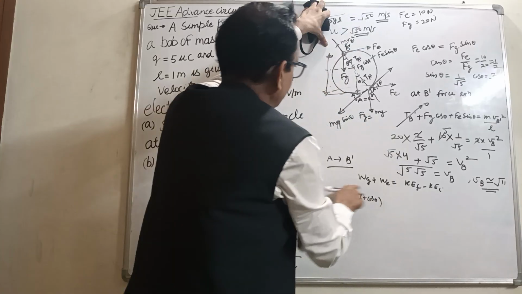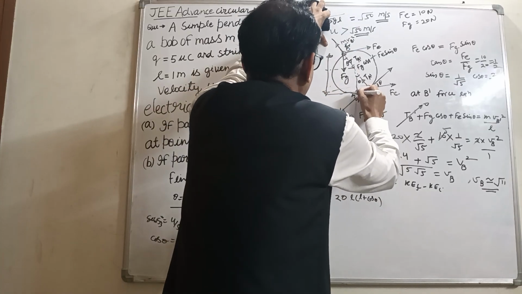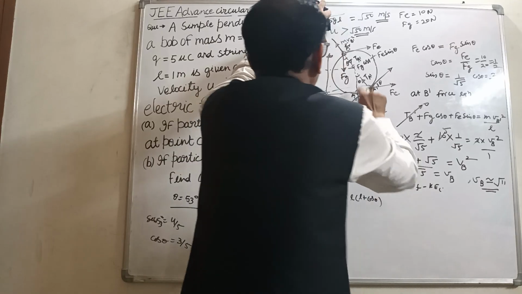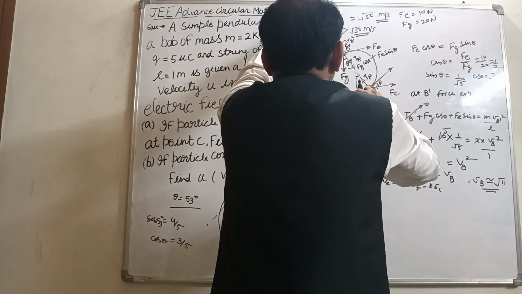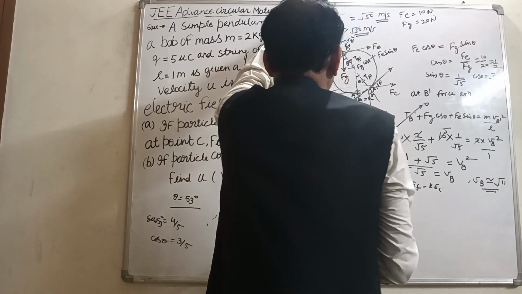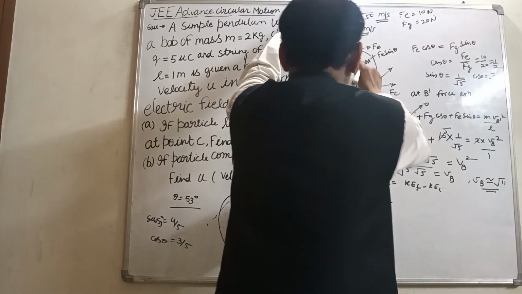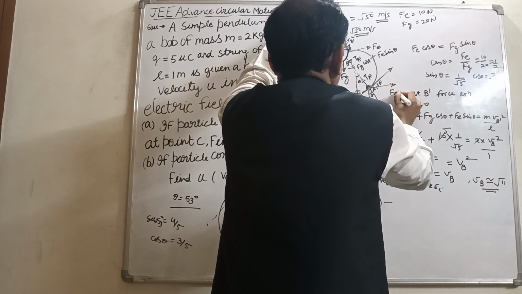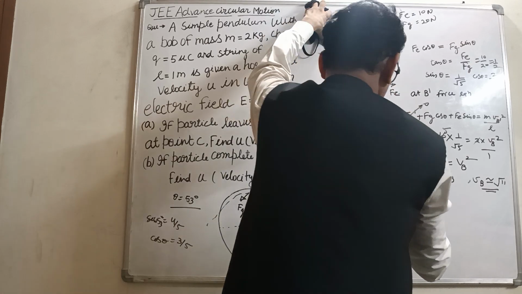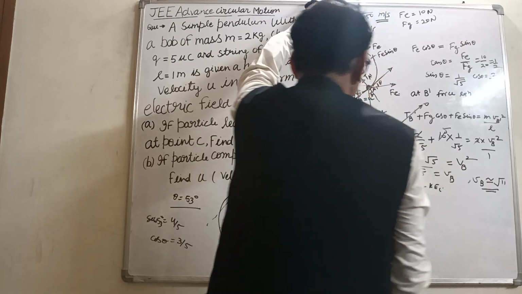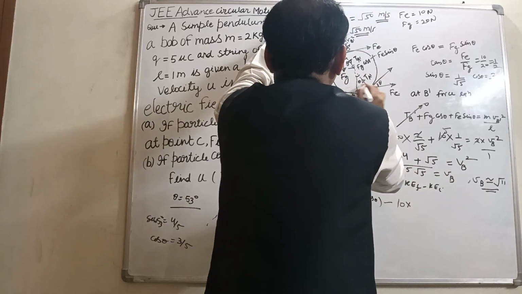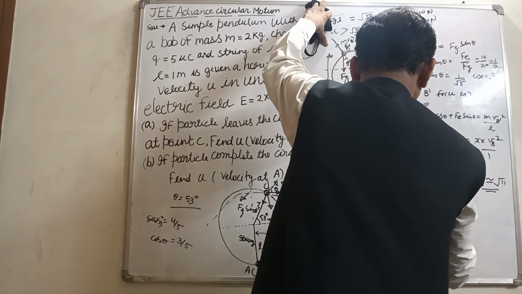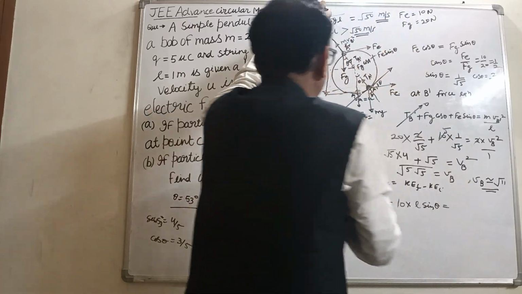So what would be the angle? mg is acting downward. This is the gravitation force written here. So mg is acting downward and displacement is upward, so this is negative. Here the electrostatic force is acting in this direction and displacement is in this direction, so this would also be negative. So what would this be? This would be L sin theta.